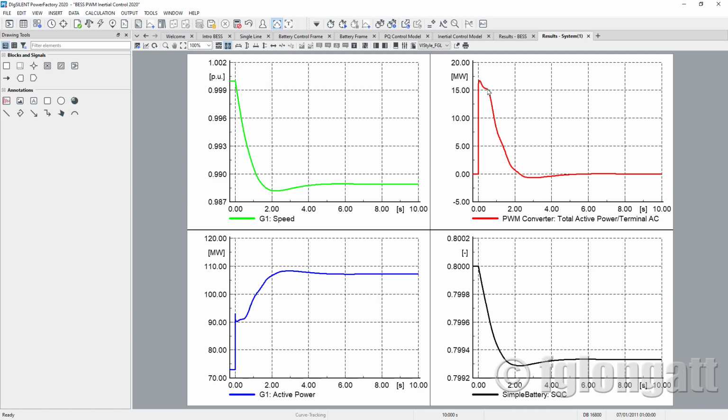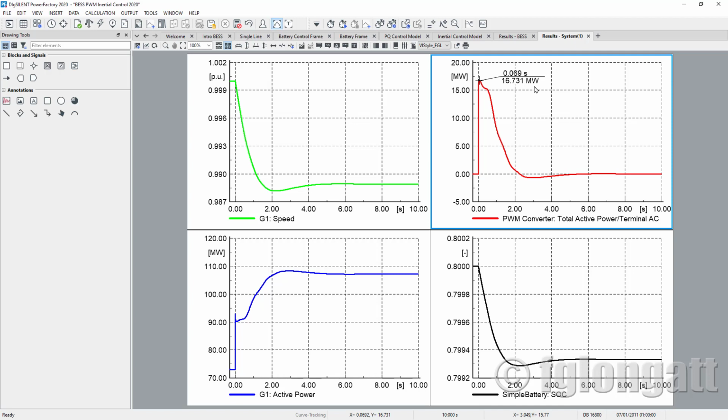In this case, we are reaching 60.7 megawatts, and that is the maximum active power contribution of this battery energy storage during the